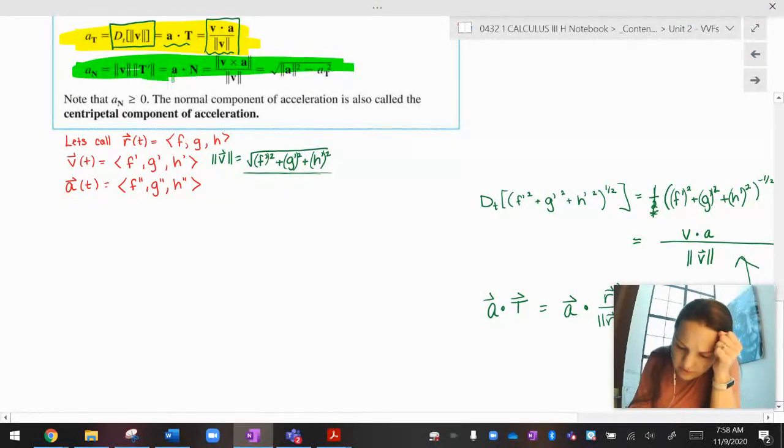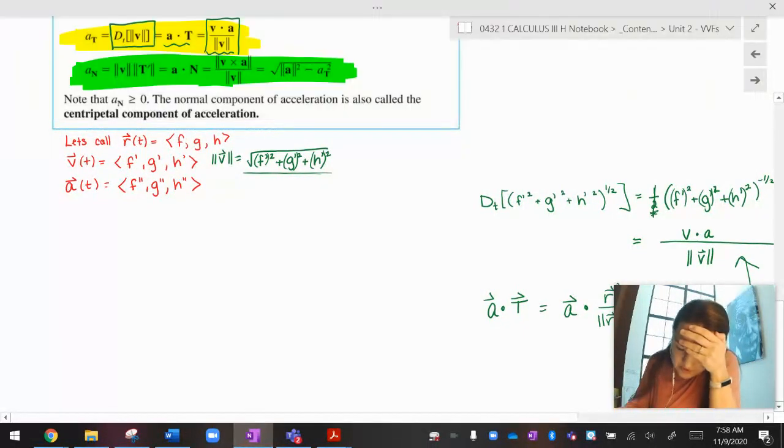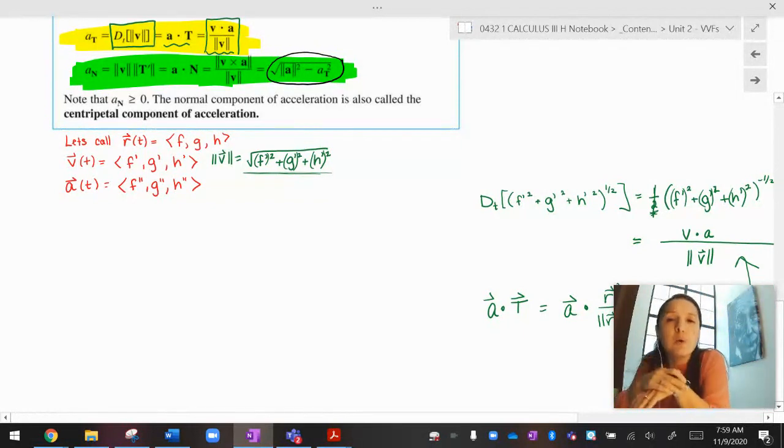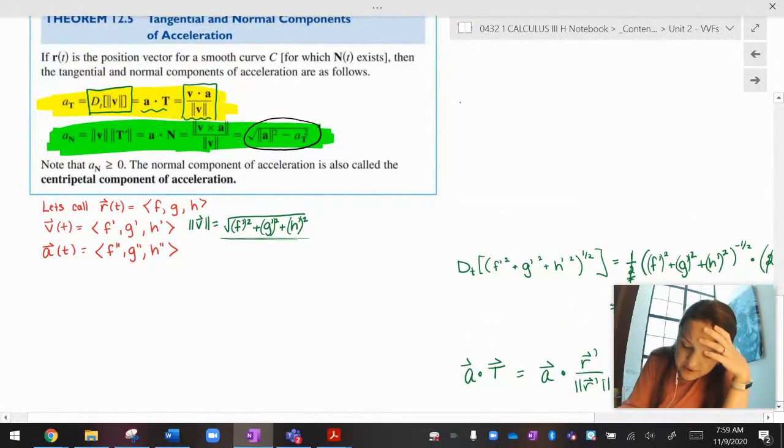All right. So now the normal component of acceleration is the magnitude of v multiplied by the magnitude of T prime. Okay. How am I going to explain that? I think how I'm going to explain that is I'm actually going to start at the end here. So one of the ways I defined your tangential and normal components of acceleration is that they are both constants, okay? And what you really have is if you have the tangential component of acceleration and the normal component of acceleration,